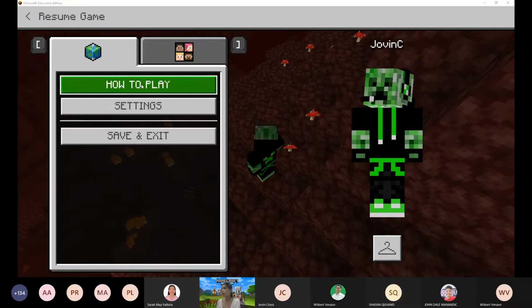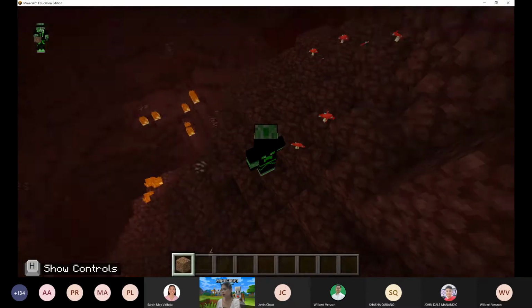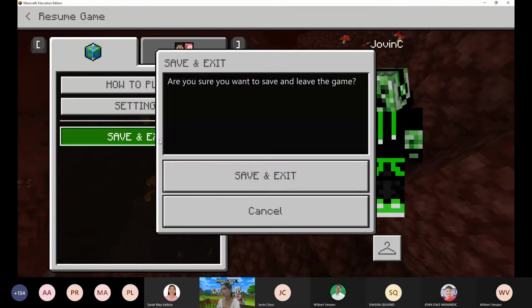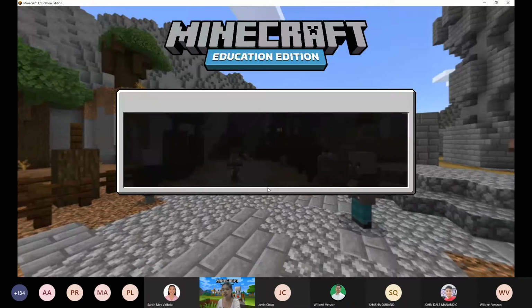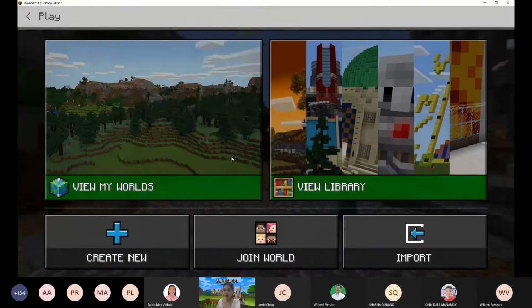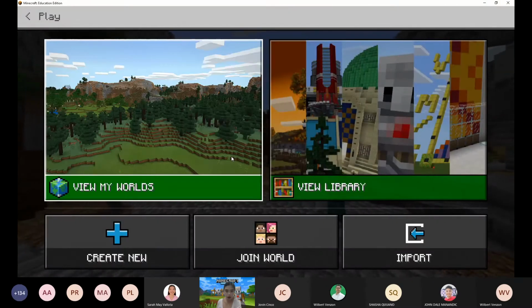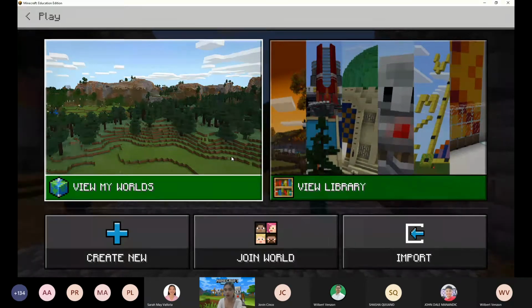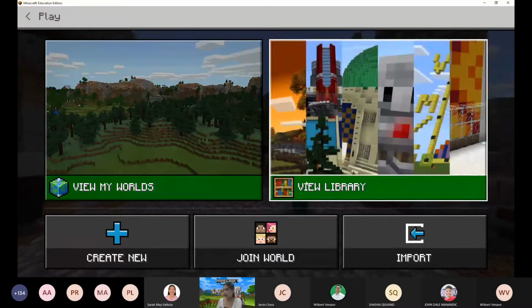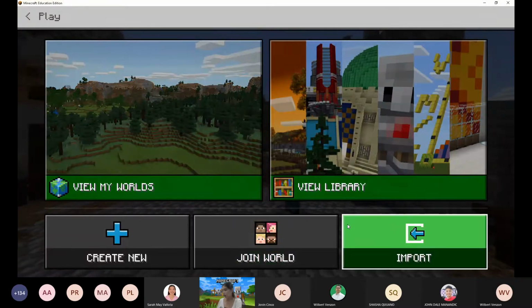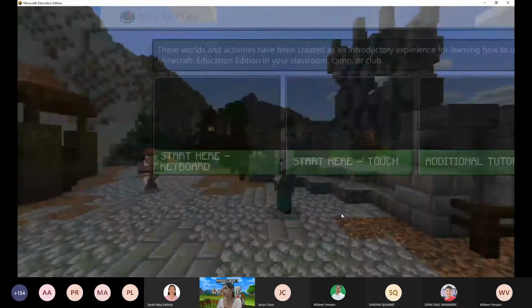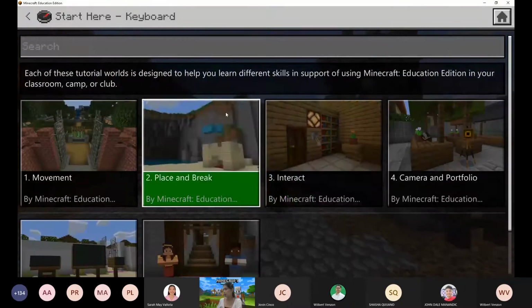Okay, after the book and quill, camera, and portfolio, so I'll just exit to this world. Once again, you can use that for your classroom as a classroom management tool, most especially for the teachers, again, who would like to explore Minecraft Education Edition, and for you to use this as your activity in your classroom. Okay, so next to that would be the